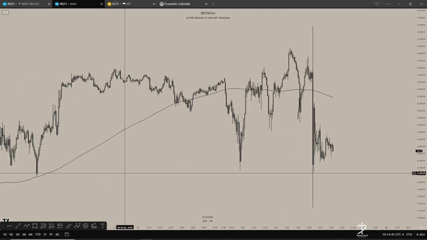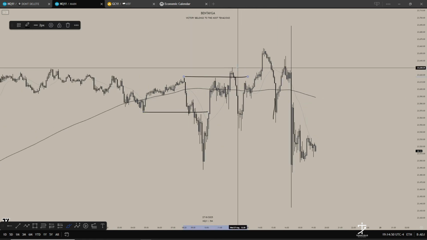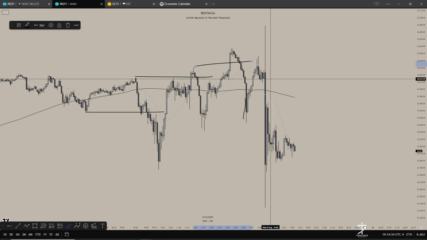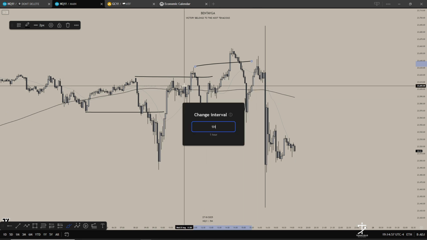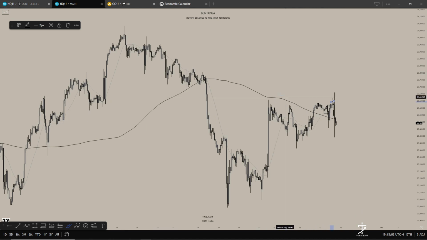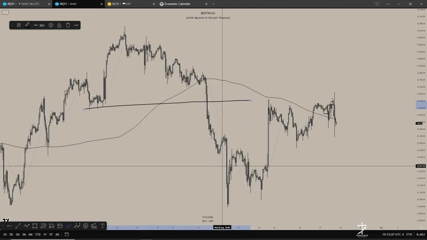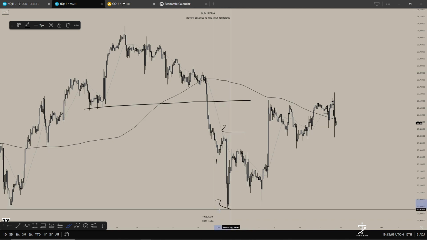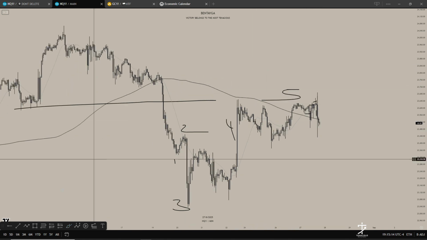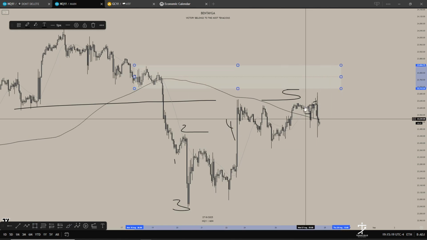For me, anyways, price was bearish, price was bullish, price was bullish. So now I can look for potential longs, or I could just wait. If I go to my 1 hour chart, we can actually see that it looks like price is now starting to respect that 200 SMA. So it's the same thing again, 1, 2, 3, 4, and then potentially all 5. You can say that price might want to tap into this area here first before continuing down.